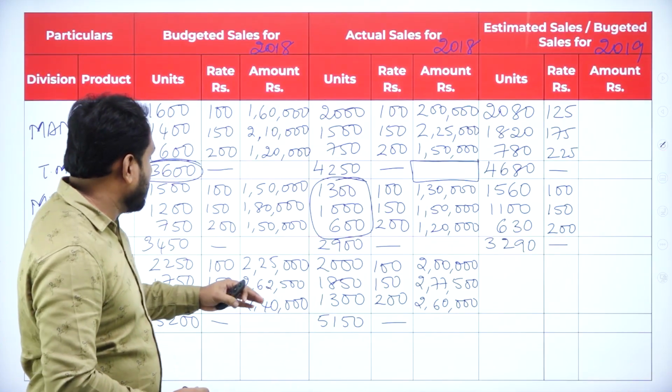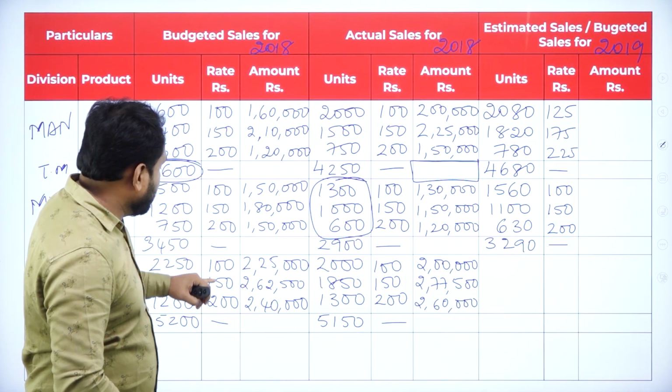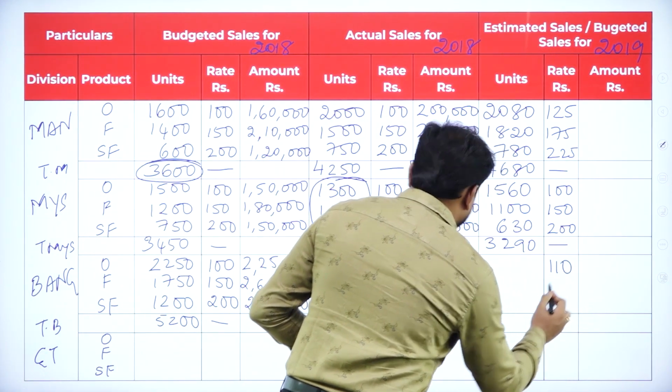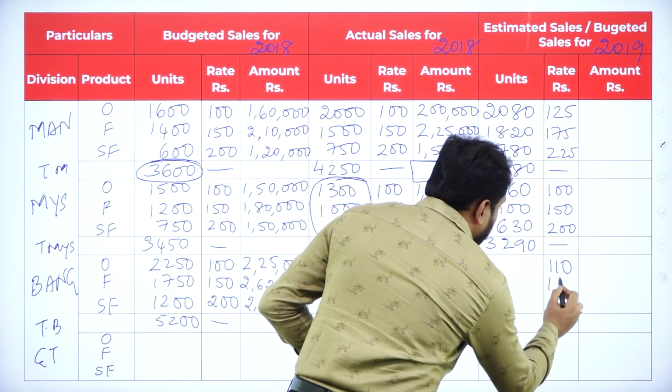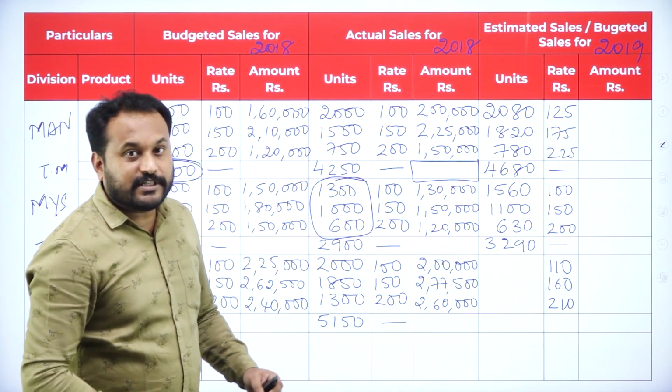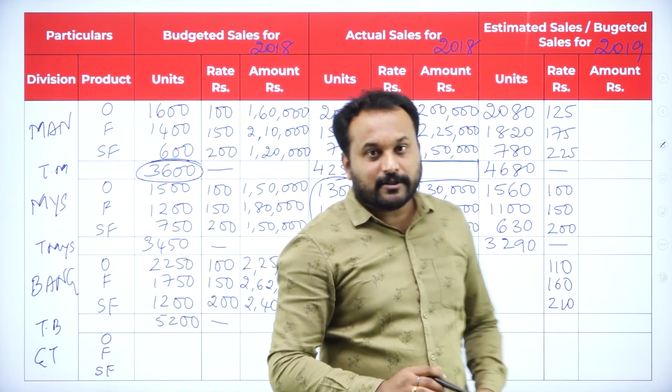So here, Bangalore, if you go, what is it? 100, 150, 200. What will be the rate now? 110. 150 will be 160. 210. So we got the first adjustments of Bangalore. Now here,